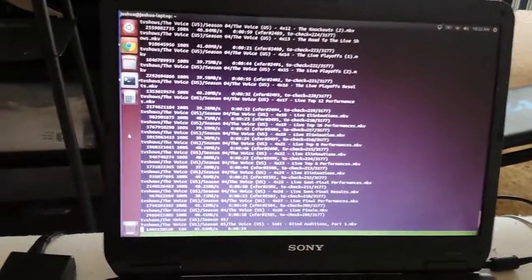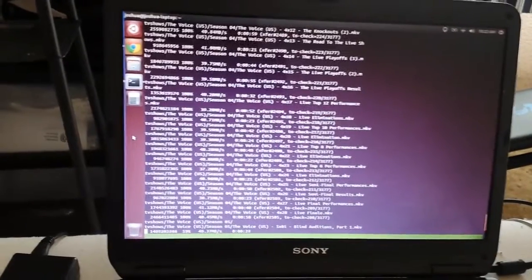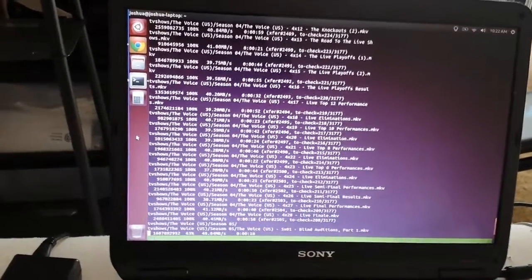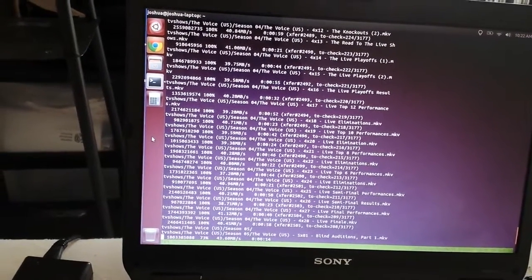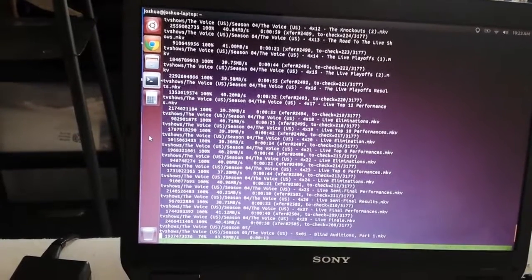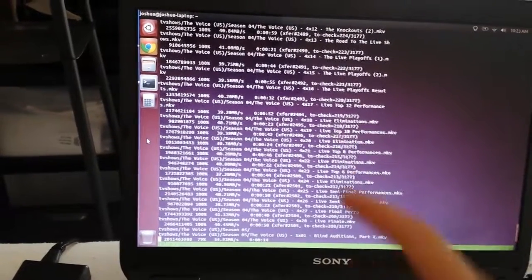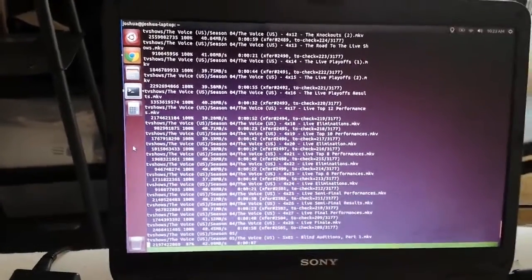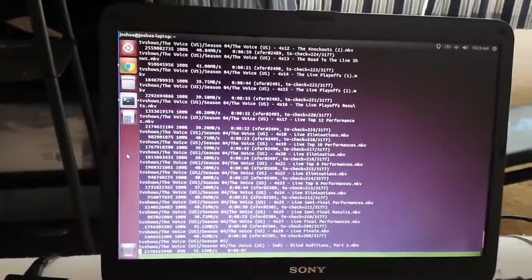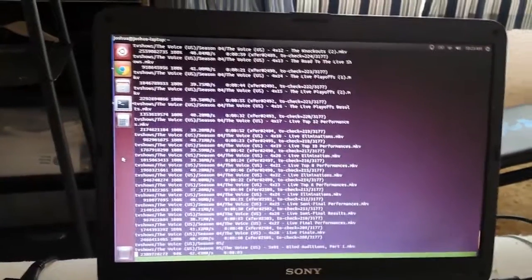Now the speed is somewhat limited, as you can tell. You can see I'm only getting around 40, I used to be getting around 41 megabytes per second for each file. As you can see, most of these files are going around 40, right around there. And I've done some looking into it before. It's just because of the CPU on my sister's